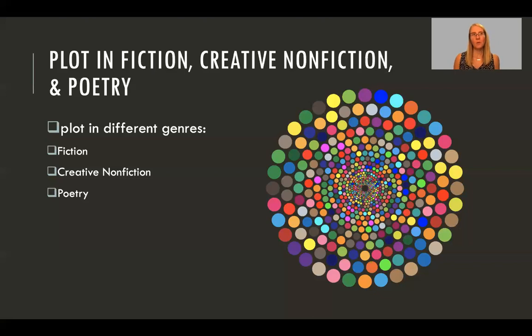A lot of people don't necessarily think about plot in terms of poetry because often poems are fairly short. So we don't necessarily think about being able to get through an entire pyramid or an entire circle of the hero's journey. And we'll look at a few other things as well. But as a poet myself who writes narrative poetry, I think that plot, or if you want to think of it as action, in poems is something that we need to pay attention to as writers. What's happening in the poem?